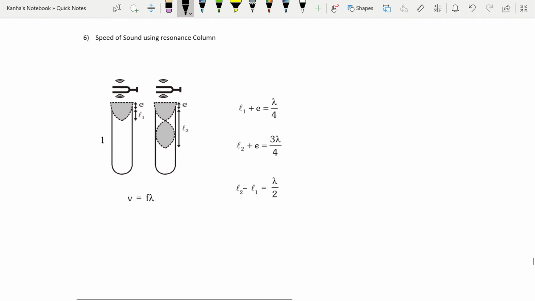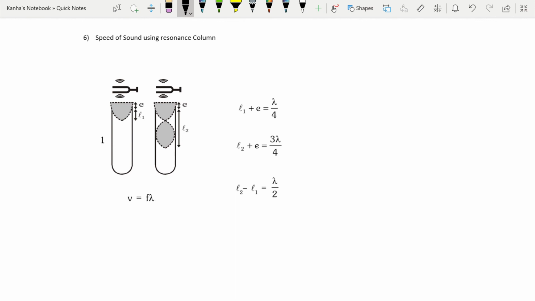Let's look at one of the other experiments, which is speed of sound in a resonating column. So I will try to explain this a little more because this will again repeat in the chapter on sound. It's a very simple apparatus which is used to measure the speed of sound in air with the help of a tuning fork of known frequency. If you have a system that can produce a known frequency, then that will do the same thing. The resonance column is an air column closed at one end, and the length is variable. You generally fill it with a fluid or water to change the length.